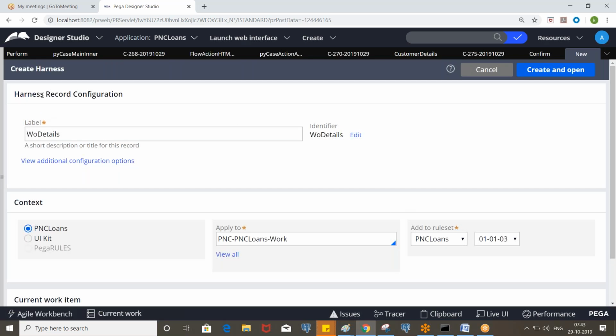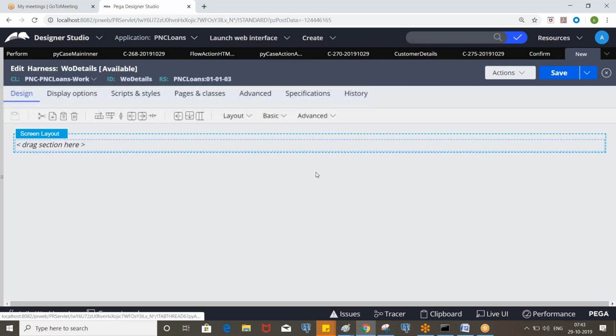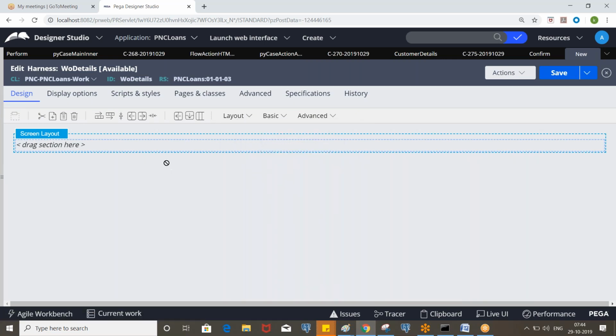Okay, so the same harness you can create from the user interface category. Right click on user interface, harness. Okay, and by default you see there's some screen layout, which we mostly don't use. And we have a container.